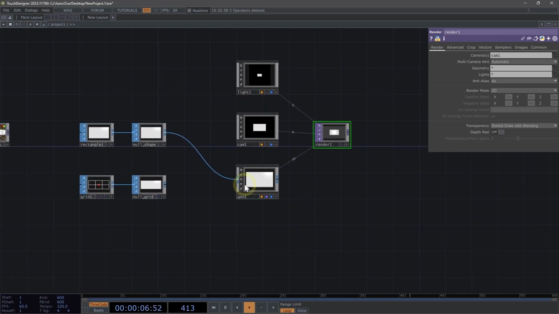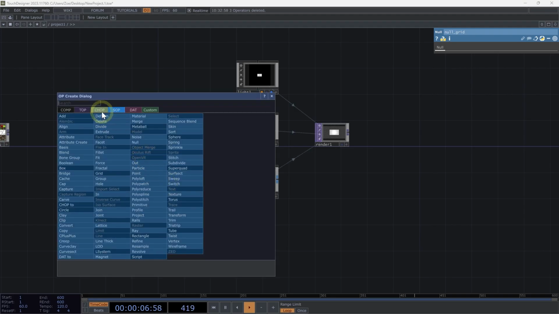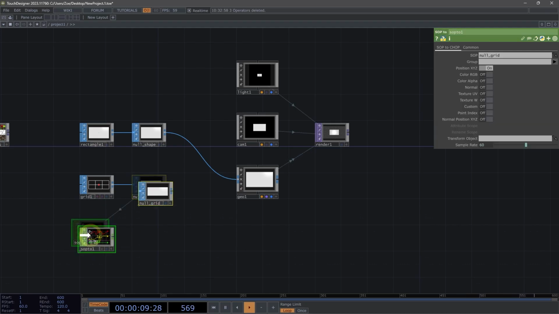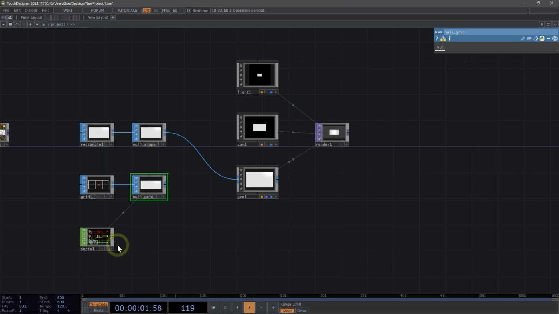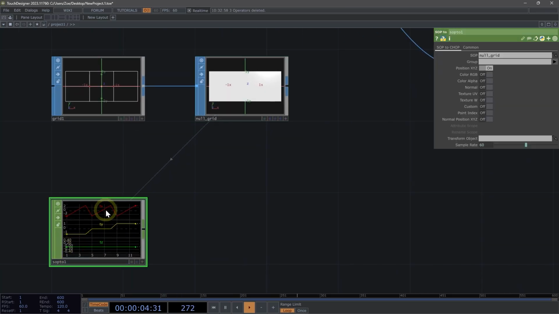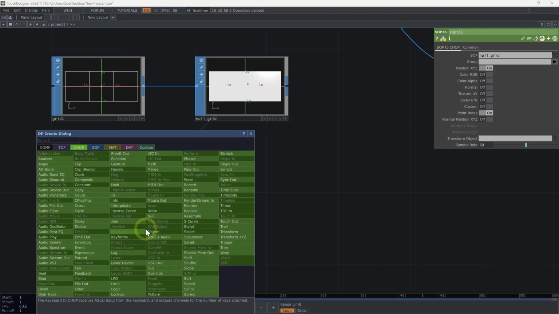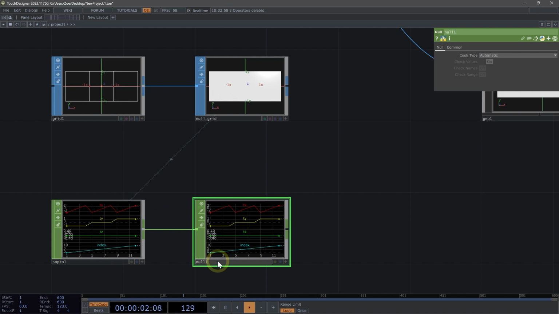We are almost there. Here, what we want to do is we want to instance our rectangles on our grid. So we need the data from this grid. On my null grid, I'm going to right click and I'm going to add a SOP to chop. This information is what we will be using for our instances. We have our TX, our TY, and our TZ, but I also know that I need this point index. So I'm going to toggle on point index, and now we see that we have these index samples. Next, I'm going to right click and add a null, or you can use Alt-N, and these will be my